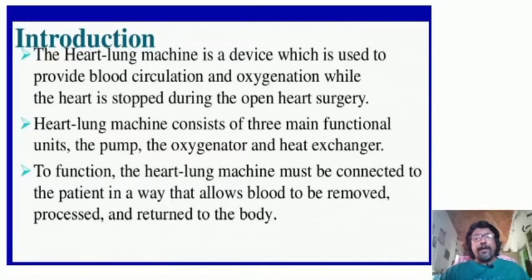Also keep in mind, the impure blood enters the heart through two large veins called the superior as well as the inferior vena cava. You can go through the class notes. These things we have already discussed there. The heart and lungs work together to keep the body's cells supplied with oxygen. During circulation, the heart pumps oxygen-depleted blood to the lungs and then receives the oxygenated blood from the lungs for distribution to the rest of the body. This is the primary important thing that we have discussed in the class.